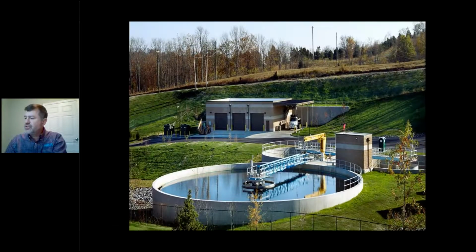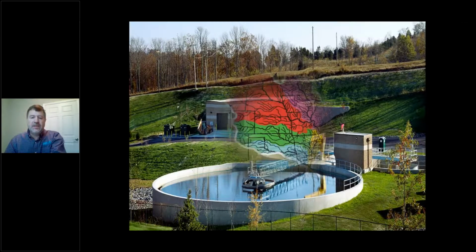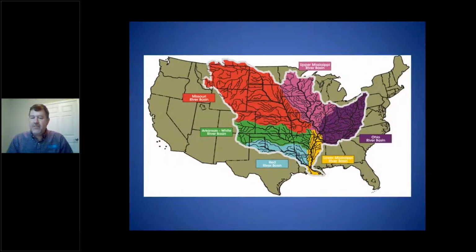So just a real brief on most people around the United States, and especially the Midwest, they get their drinking water from surface water areas. Missouri in particular, it mainly comes from the Missouri and the Mississippi River. That's where the majority of people around the country do get their water from, but especially as you're going through the Midwest. So this is just a map of the watersheds of the Mississippi and Missouri River.